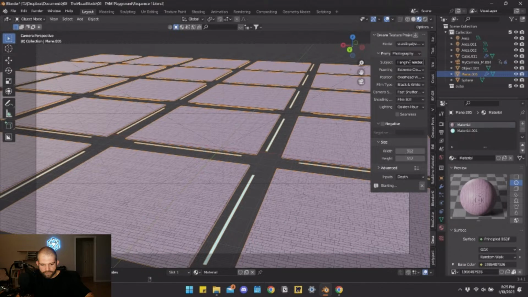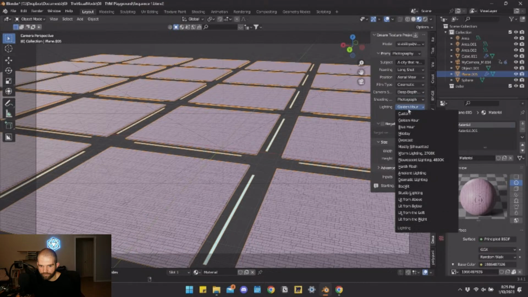Next for framing. So I'm going to put in basically a long shot because we're way up in the sky. Position, aerial view, film type. So we'll go with cinematic. Camera shutter speed. We can do deep depth of field. And then shooting, so the type of lighting, or film still, studio portrait, outdoor. We'll go ahead and do just photograph. And then the lighting. So we could do mostly silhouetted, harsh flash. Let's go with ambient lighting. And with that,